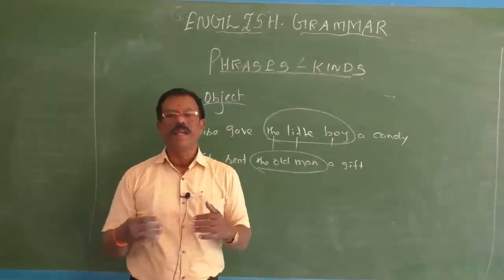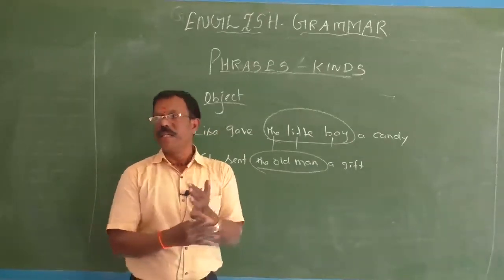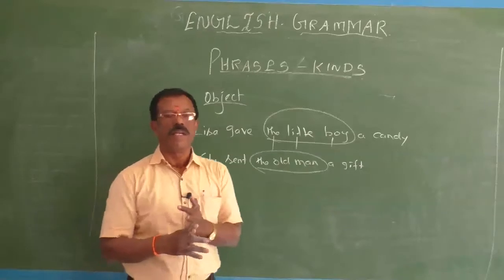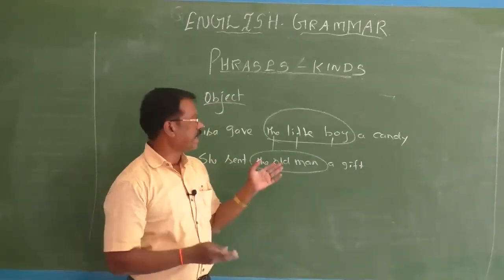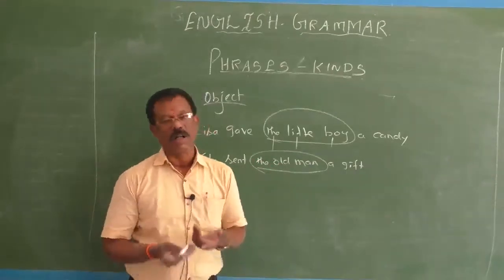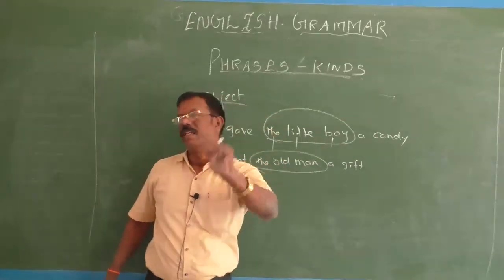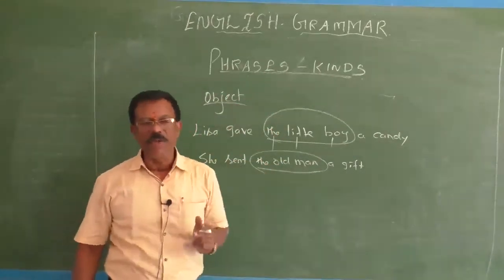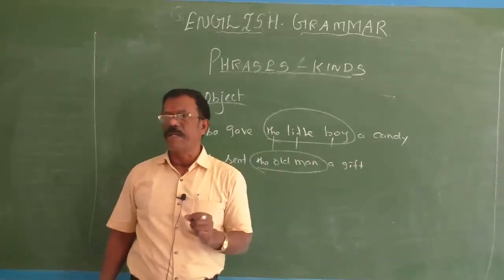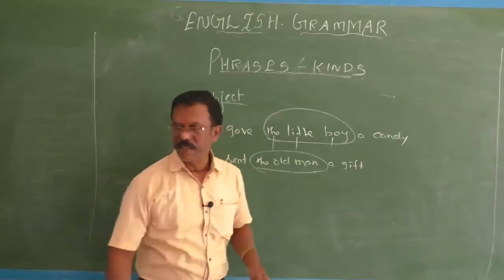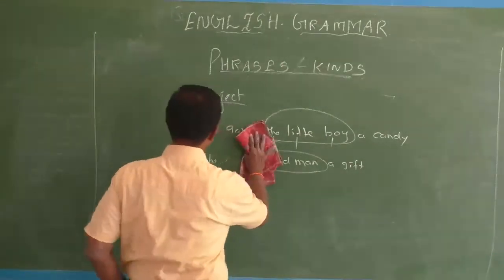So in this way, a noun phrase can be used as a subject of a verb. It can also be used as an object of a verb. It can be the direct object, a prepositional object, or an indirect object. What is one more function? I told you already. Could you remember, children? A noun phrase can be used as a complement of a verb. How can it be used as a complement? Let me give you one or two examples.